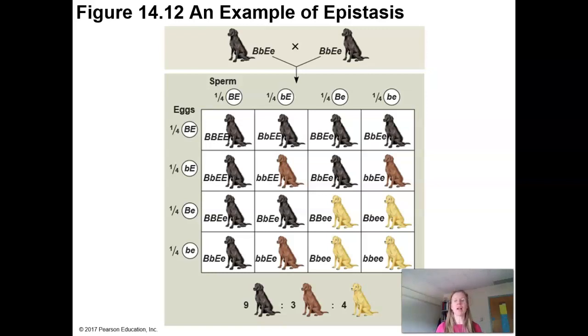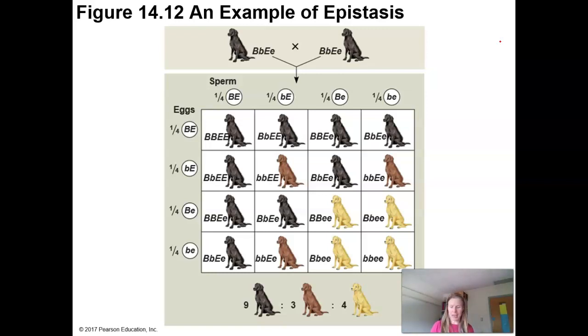This would also fit under polygenic inheritance. There are actually 2 different genes that affect the pigment color in these dogs, and these 2 genes are interacting. One is determining the color and one's determining whether that actually gets deposited in the fur. Sorry about my phone. Okay, so epistasis is when 2 separate genes are actually influencing each other, right? Are we making the pigment, and does that pigment get into the fur? Okay.